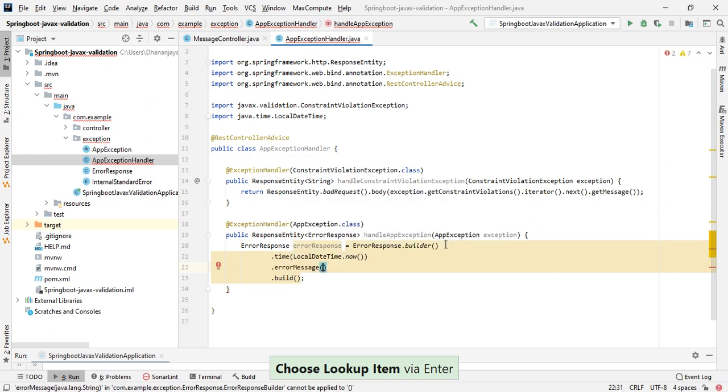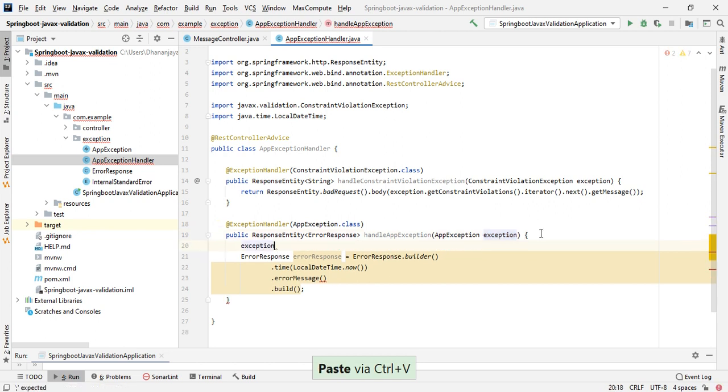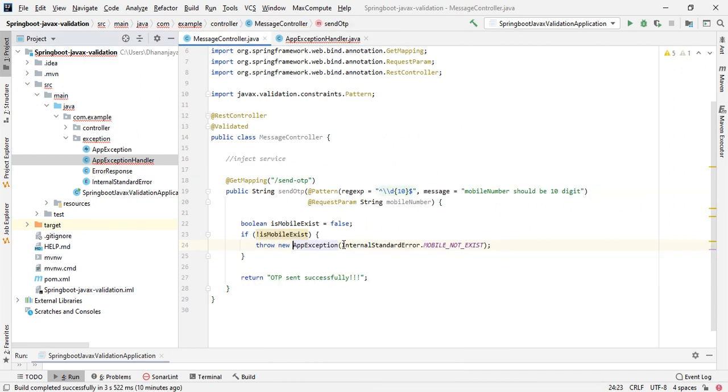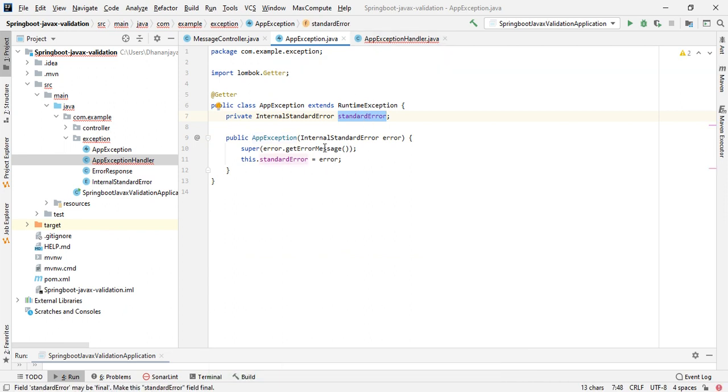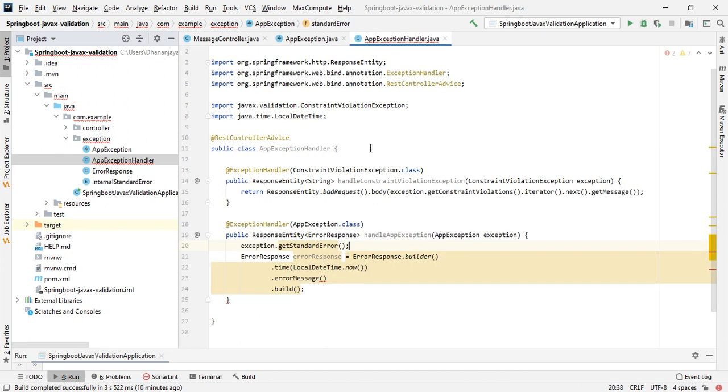Error message will be getting that from the exception itself. That means from the exception we'll get the InternalStandardError, right? What we are passing inside the controller. Here whatever we are passing, that exception we are catching there, right? That means this exception should be there inside the exception class. This exception will get, and we'll extract the values from this exception. Let's try with that.